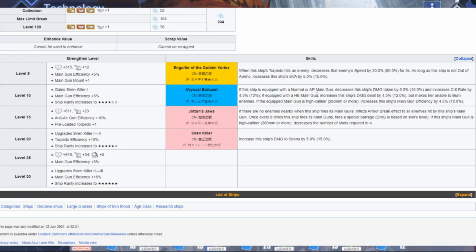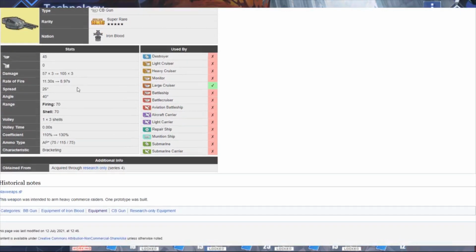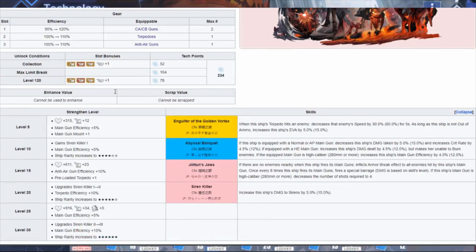AP gun wise or normal gun? No, because there's no large caliber or a large cruiser normal gun as of right now. You can use Drake's gun, but definitely not worth it, I'd say. You can use the new AP research gun that I'll pull it up somewhere. Right, you can use this gun right here, which is not bad, pretty solid, but